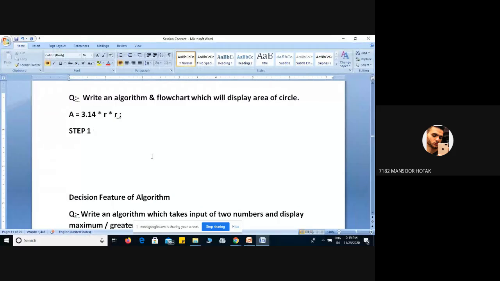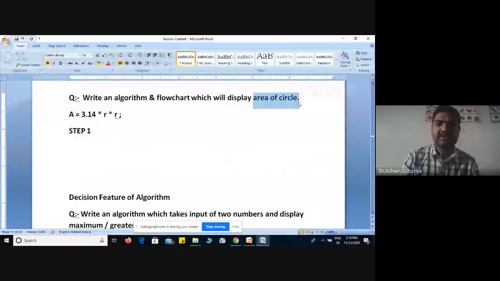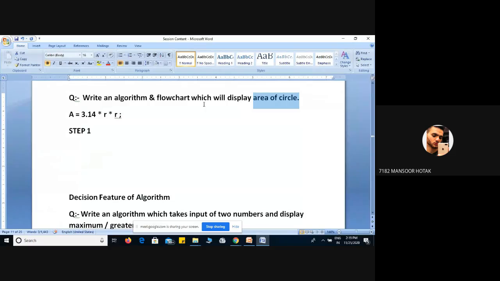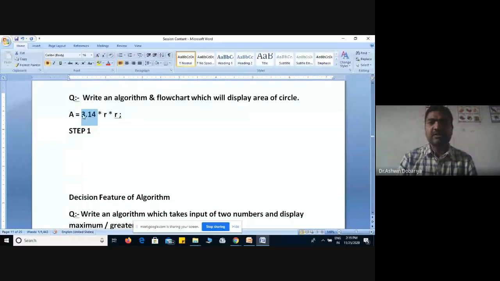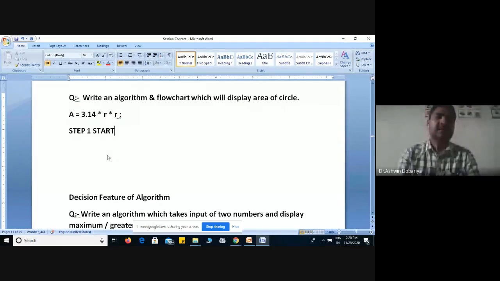The algorithm of this, yes. Tell me the step one. First, you tell me how many variables we require for this program. We require one variable which is r, and pi is a constant. Pi is three point one four, constant, right? So we require two variables: one is r, another is the area, right? Okay, yes, sir. Okay, first step is